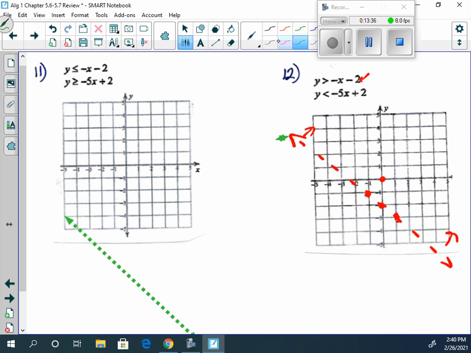All right, let's do the other equation. Now the y-intercept is at +2 because we have +2. Now our slope is what? -5. So where would I go from here? I would go down 5 and right 1. 1, 2, 3, 4, 5. Now we can't go up 5 because, well, we could if we had enough space, but we don't have enough space. And again, this line is going to be